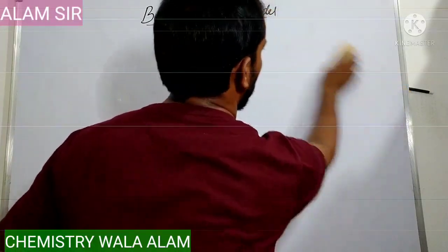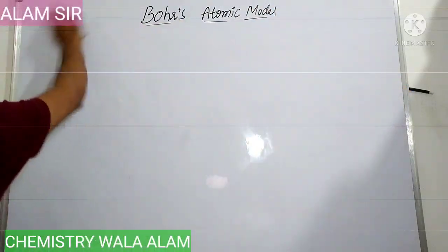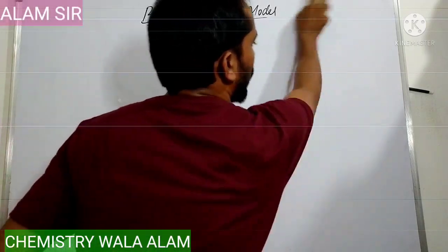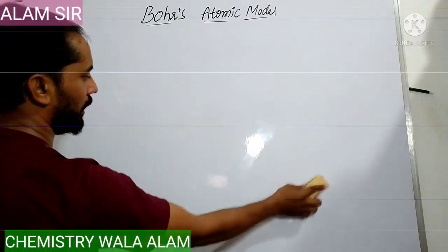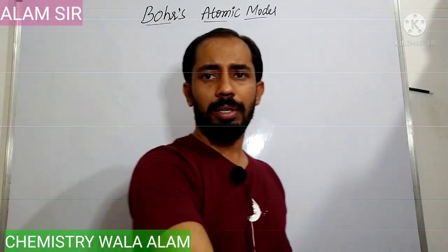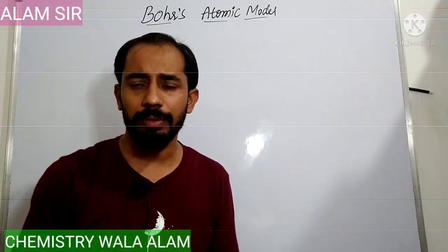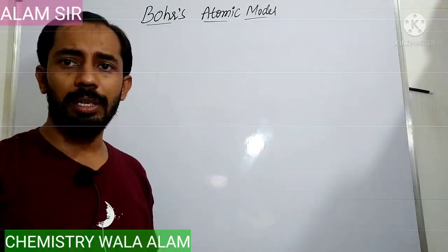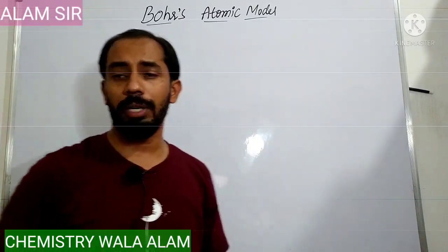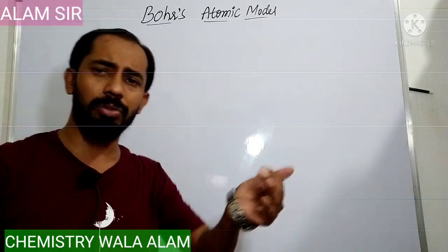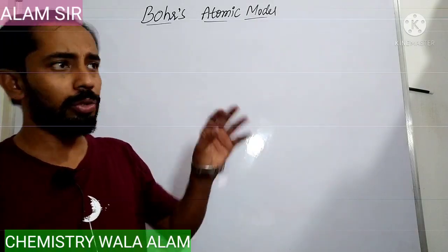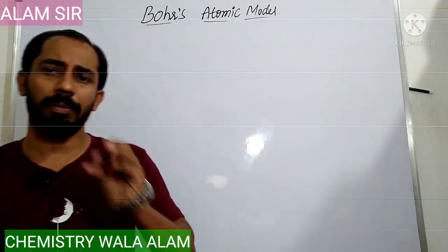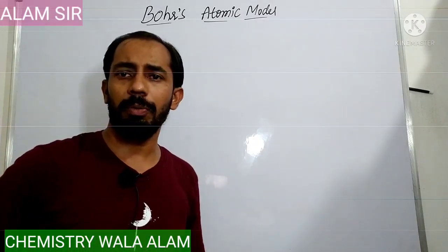Here Niels Bohr gave more information compared with the previous two models. Sir, the Thomson model, Rutherford's model, Dalton's atomic theory, those have drawbacks, no? Then why should we learn them? Of course, they gave some basic and very important information. Even though they have some drawbacks, we should know that if Dalton had not given that information about the nature of matter, then what would our position be?